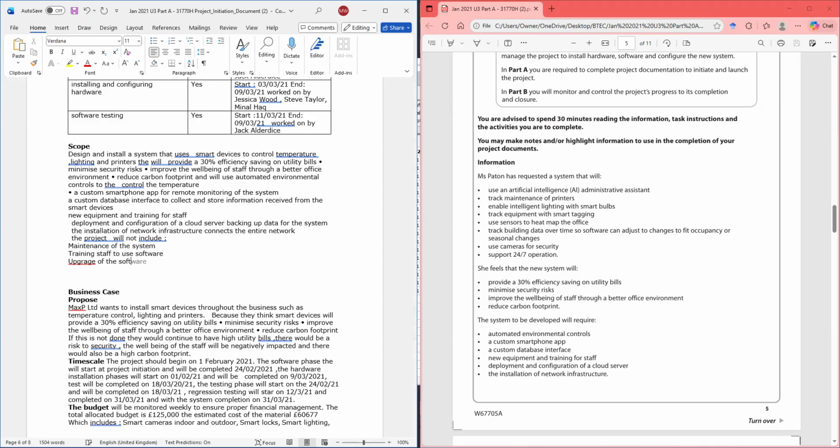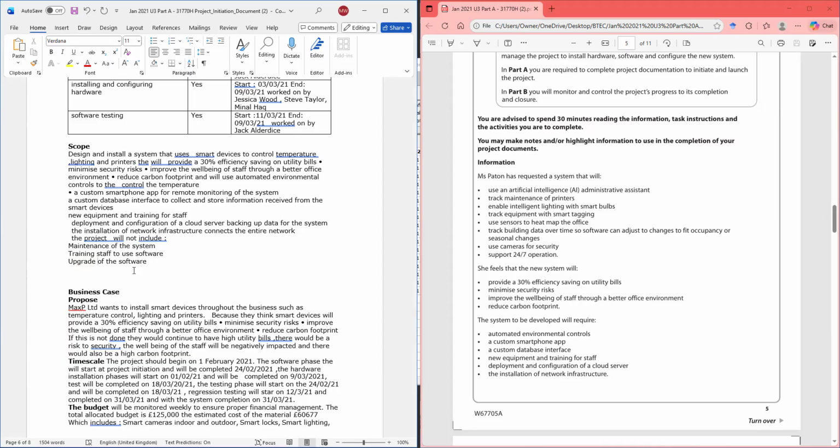Okay, and when you're doing this section, all you have to think about is the software development life cycle. Remember, after you've implemented a system in the software development life cycle, you would do maintenance, right? And within that section, you would probably do some training of staff.